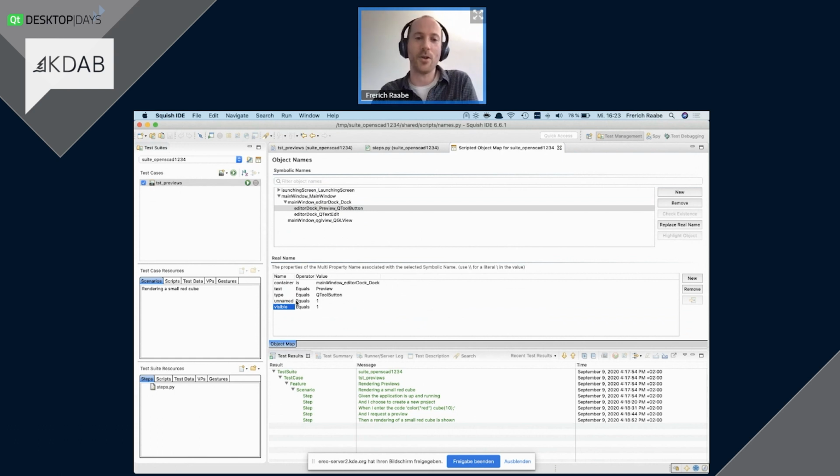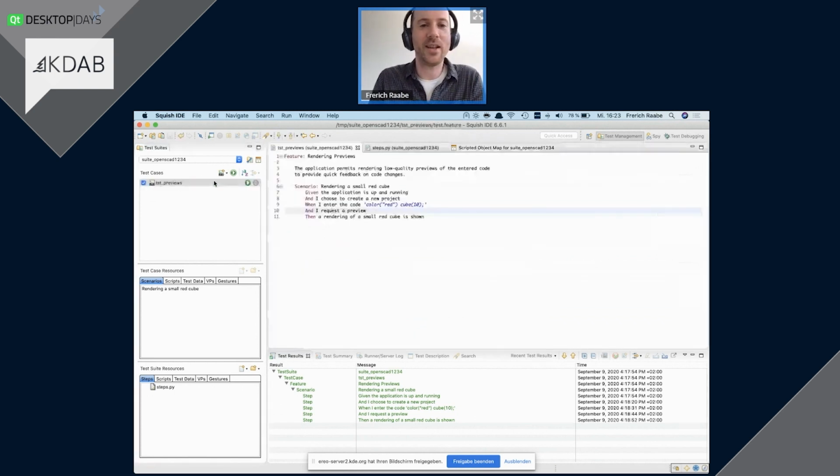But the point is that this kind of object identification is totally independent of how the application looks. For example, this way of identifying the preview button does not specify how large the preview button is, or where it is on the screen, or which font is being used for displaying the text, anything like that. This means that when you build a Qt application and you run it on Windows or on Mac or on Linux, the same object name will always work because we abstracted away the specific visualization of the button. This is a good example of functional GUI testing.